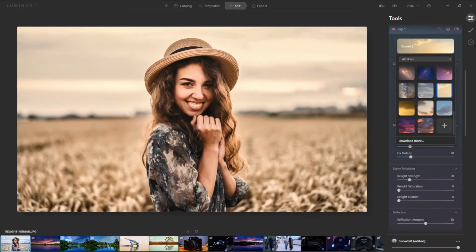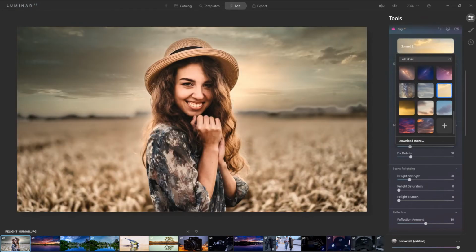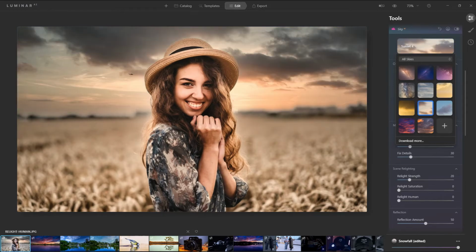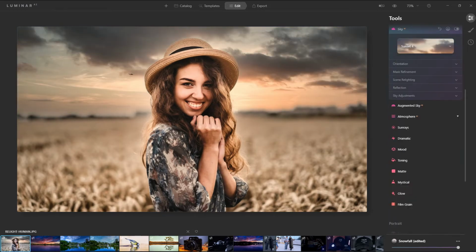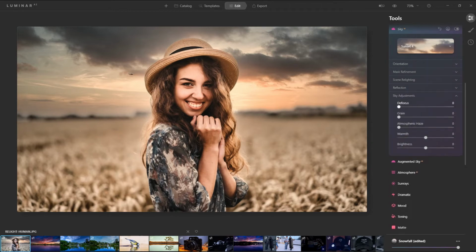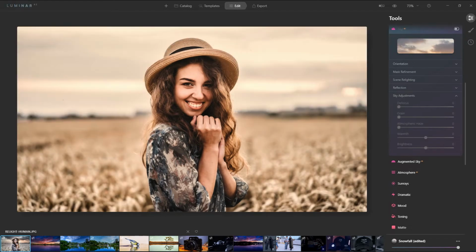So I'm going to pick a sky that would complement this image. There we go. I kind of like that. The very first thing I want to do here is adjust the sky. If you look at the original image, you see that the depth of field is very narrow.